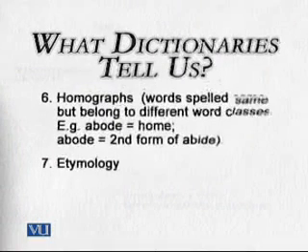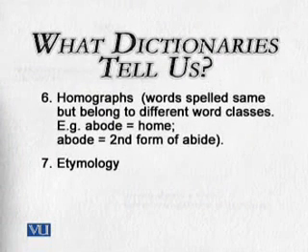After homographs, you find etymology. Now, what is etymology? Etymology means information about the history of that very word. As you know, that many English words are taken from Latin, from, let's say, Greece, and from this French language, and Greek language, and there are many from Hindi, there are many from Sanskrit, for example. So, this is what actually the history of language is. Good dictionaries, of course, they guide you that what's the history, where from this word came actually.